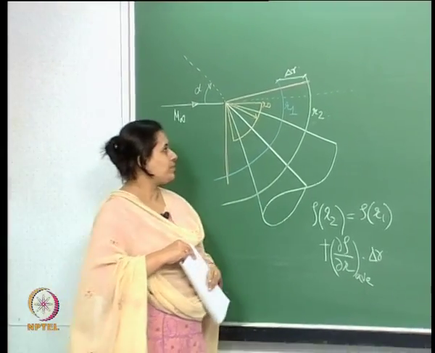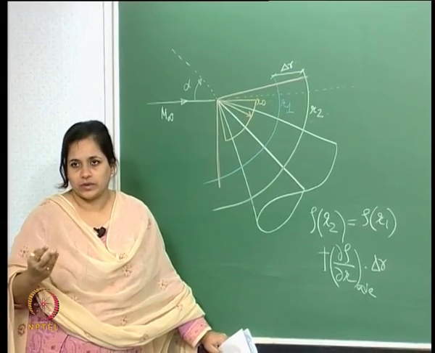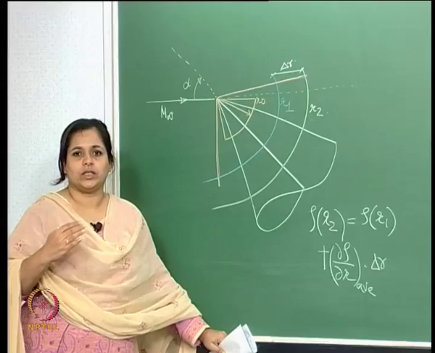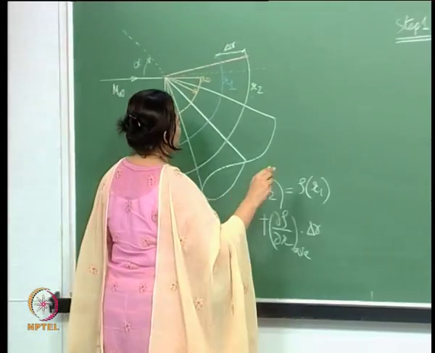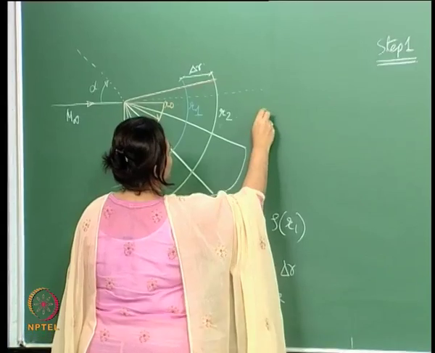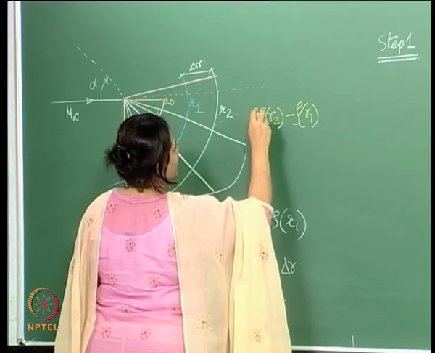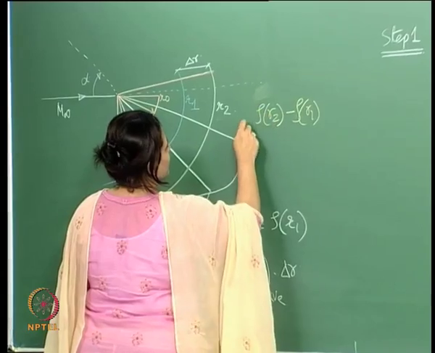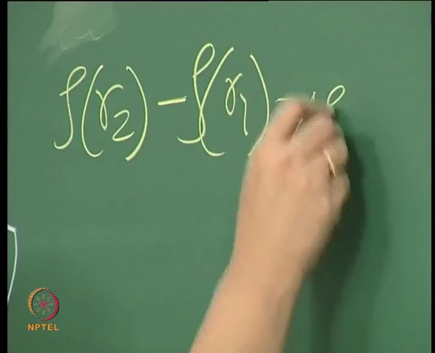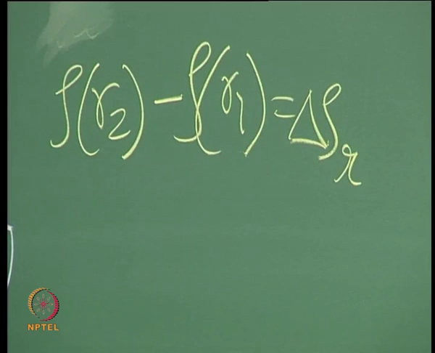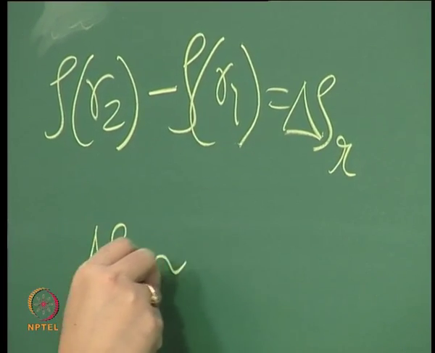Now, I started out by assuming this, which is in no way the correct value. So I am trying to get a value on which I will be able to converge. Slowly what we will see is that the difference between rho R2 minus rho R1, let me call this delta rho r, approaches